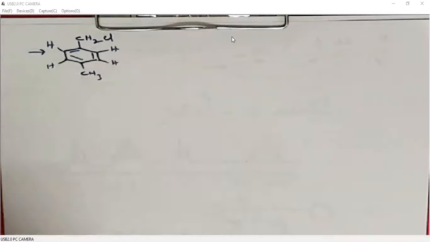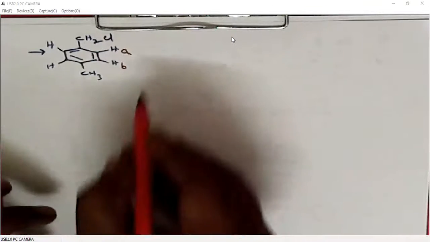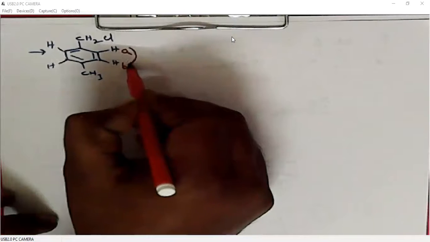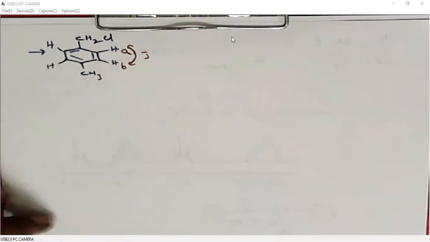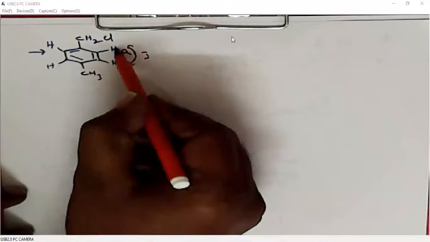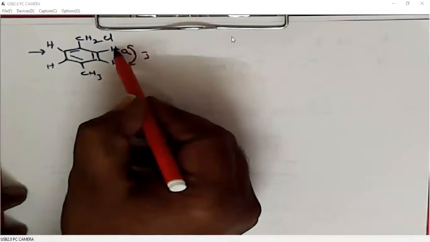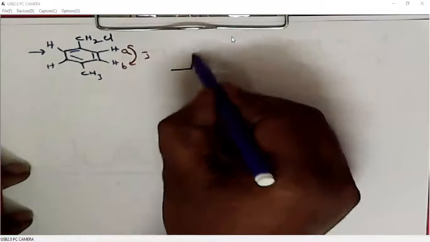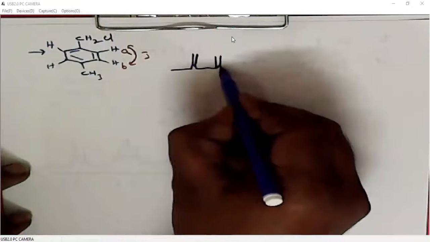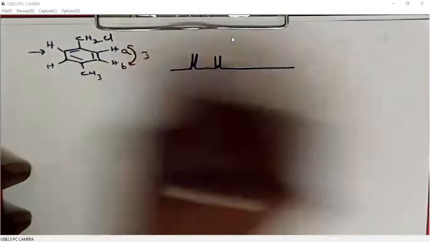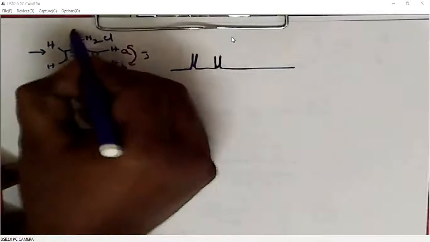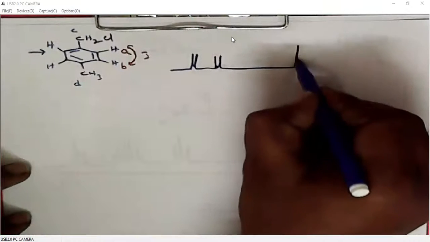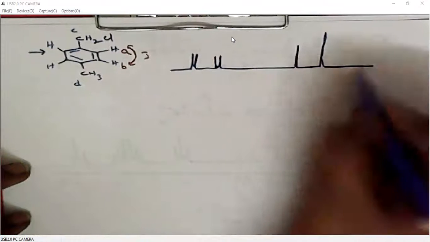That means these two are chemically non-equivalent. As a result, what will happen? The spins of the two protons will couple with each other, so they will undergo coupling. So they will split each other. Because we have only one alpha proton, this gives a doublet. Similarly, this also, having only one alpha proton, gives a doublet. When we look at the spectrum, it gives two doublets. And then of course this methyl group, first this one, C and D, gives a singlet and this gives another singlet.